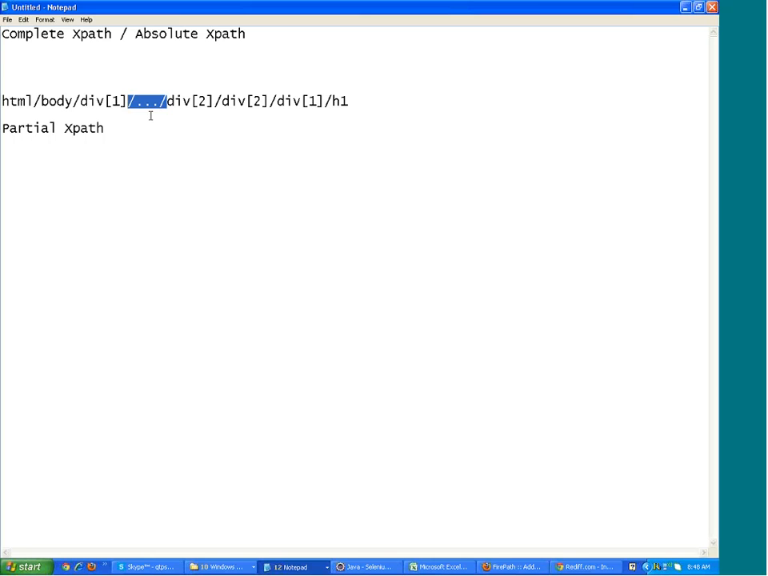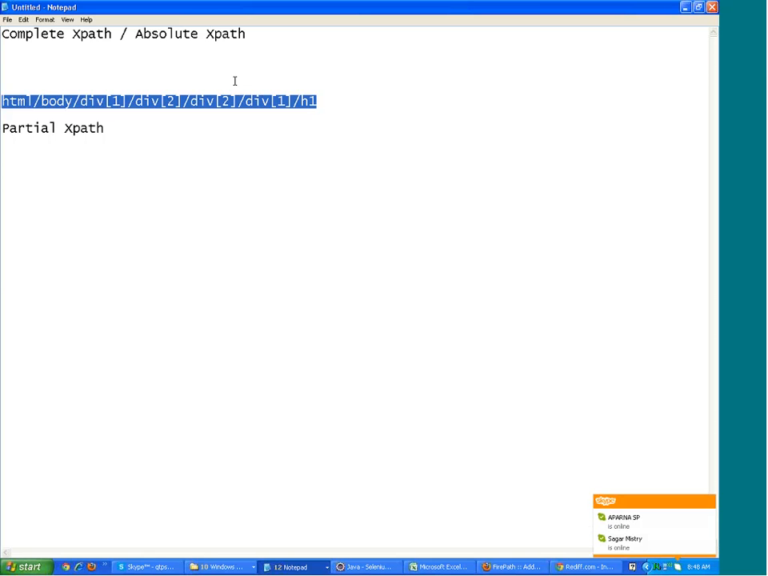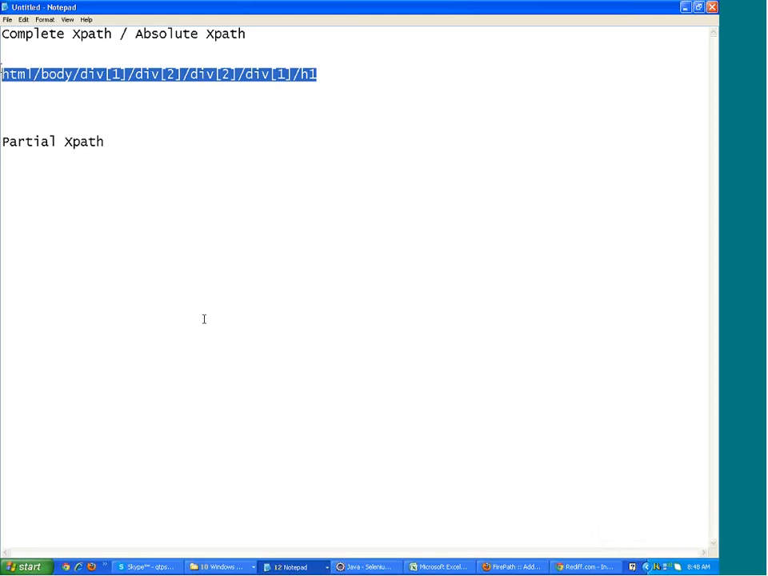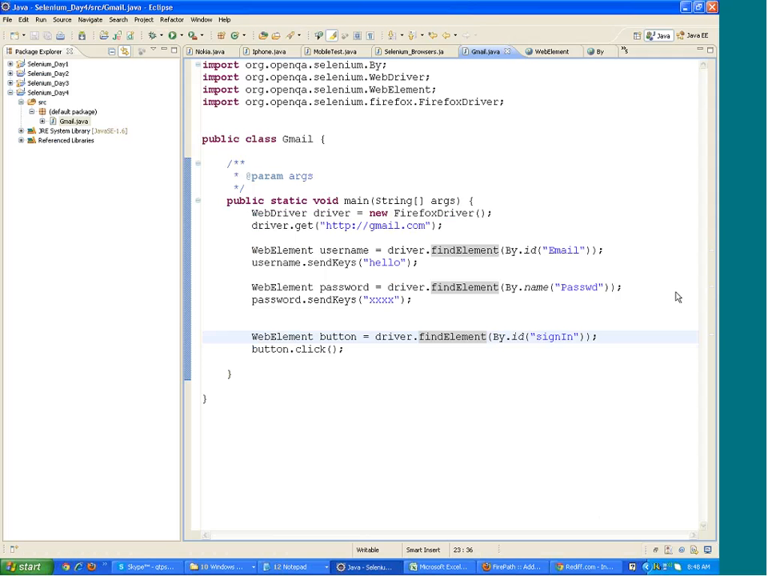So you can use this absolute XPath in case it's quite urgent, in case you don't have any other option. But in case you have got options, then partial XPaths come into play, and partial XPaths are good. I'll talk about partial XPaths now. If I have to use the complete XPath and identify the object, like in our case, I can